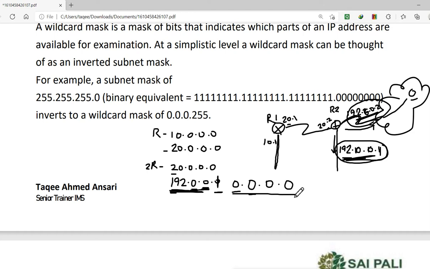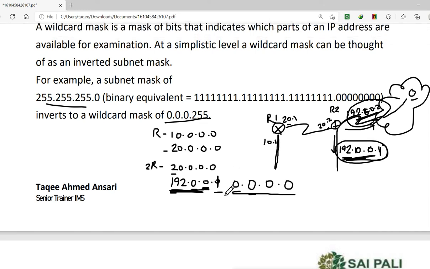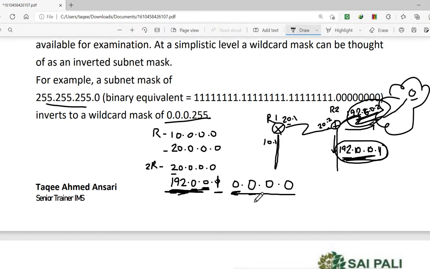So basically the wildcard mask do what? We use this because it is the default. Because we are just using the default, we just want to inform, we want to enable it for the whole network. But when you want to control it, then you can use the wildcard to control that where you want to enable the protocol and where you don't want to enable the protocol. So very simple, when you give the 0 in wildcard mask, then it says that match the part, match the bits exactly must be what we are mentioning. And when we say 255, that means do not match.